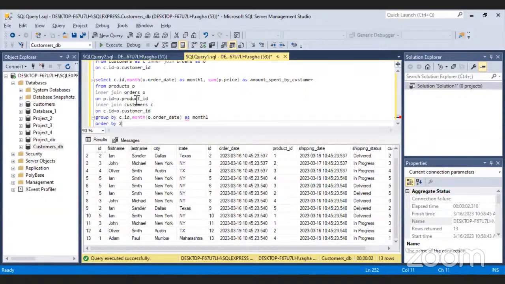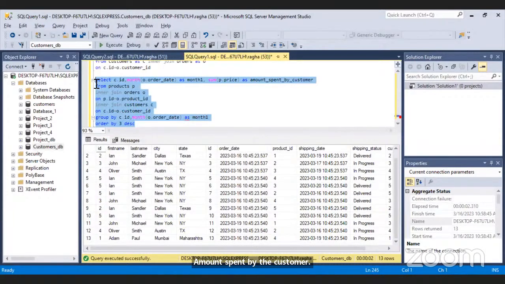So I'm grouping it for each customer and each month. And then I'm ordering by 3, which is the amount spent by the customer. It's descending because I want to know the customers who spend the most each month.